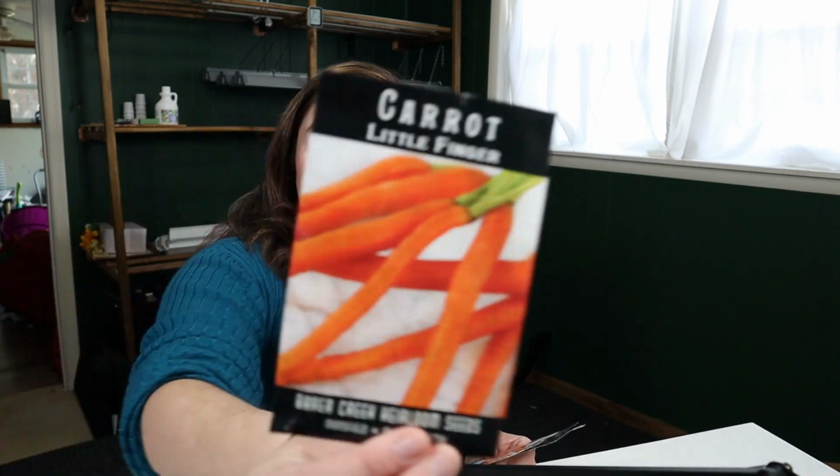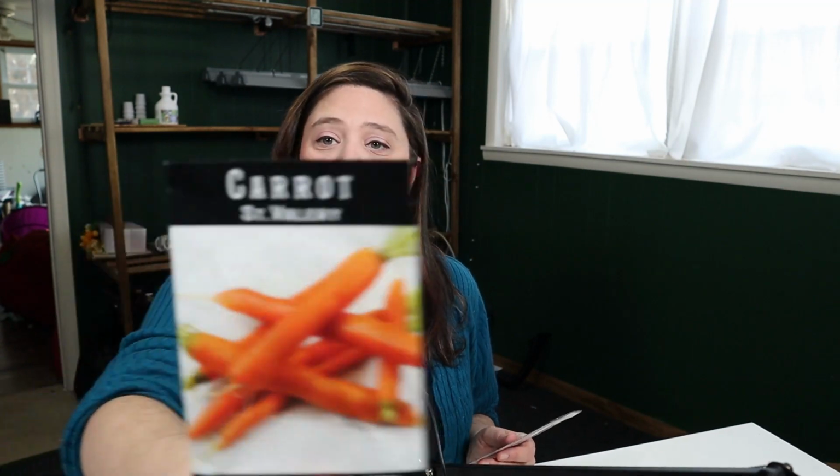Let's go into vegetables real quick. I mean, the vegetables are going to be really fast because a lot of them I did last year. We're going to be doing carrots again. I've grown carrots for the past couple years. The varieties that I like and that seem to be the best growers for me are these little finger carrots, these St. Valerie carrots,